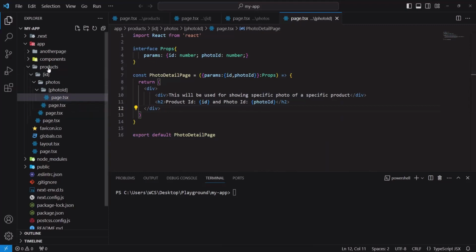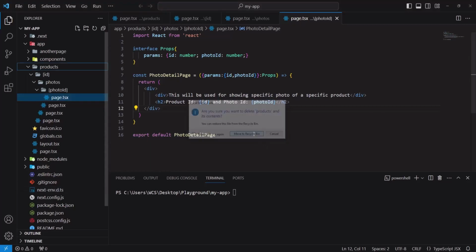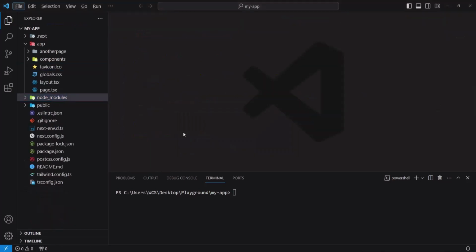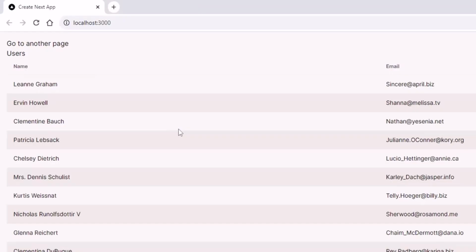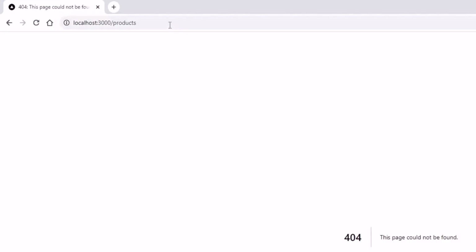Okay, first let's remove the products folder and all the routes inside it. And let's run the project. Let's browse our project. Now sometimes we might need various number of parameters, like for products, and then